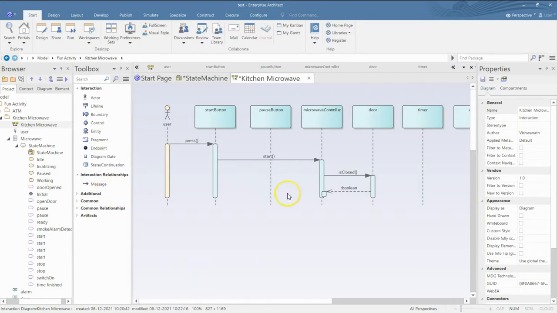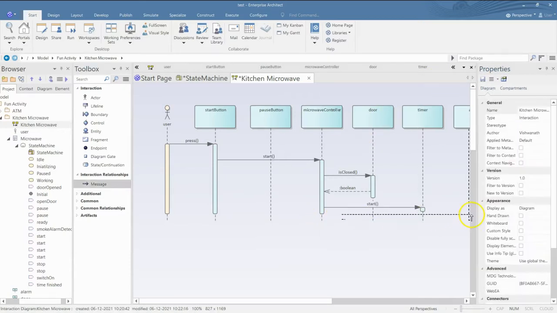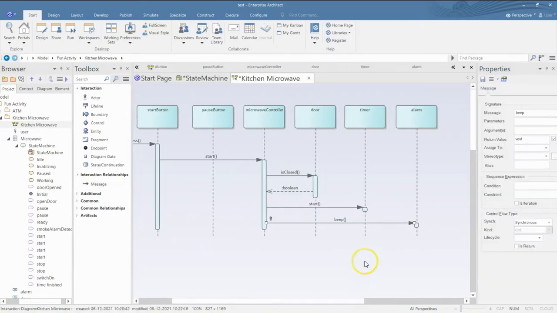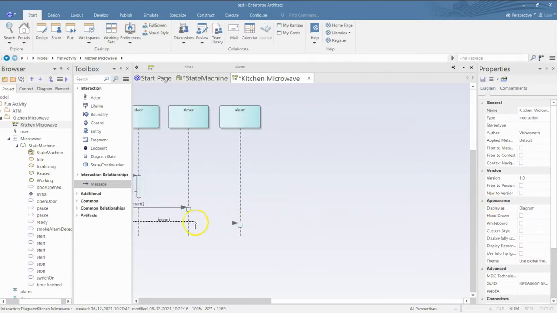What next? Remember, it was supposed to start. It first checked whether the door is closed, and then it will ask the timer to start counting down. So start the timer. It will ask the alarm to beep, an audible indicator that it has started. And then maybe before or after, let's say before, we need a microwave.